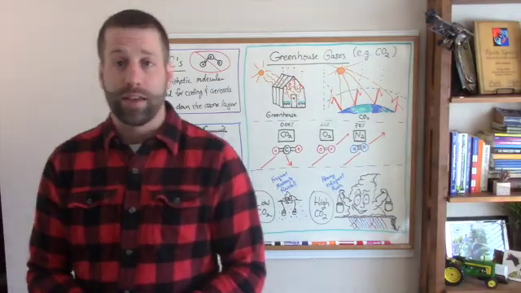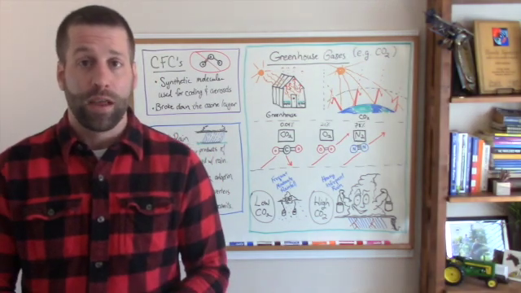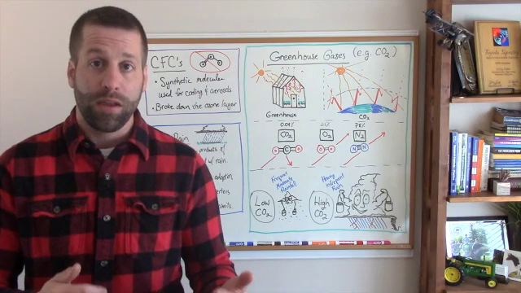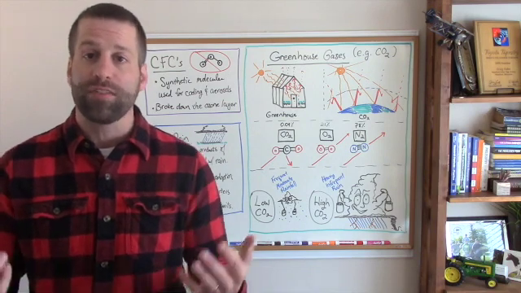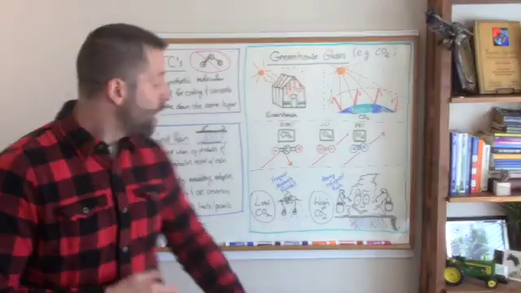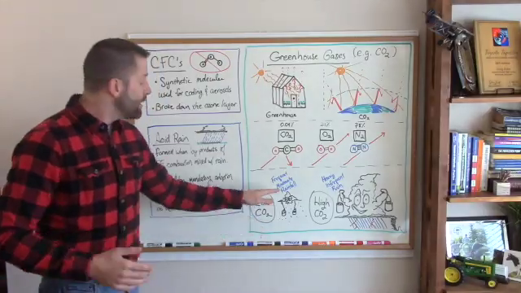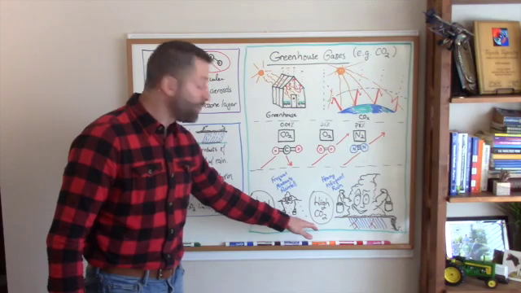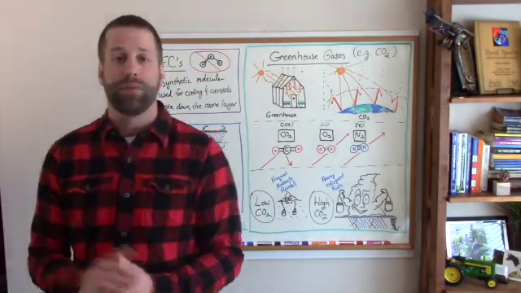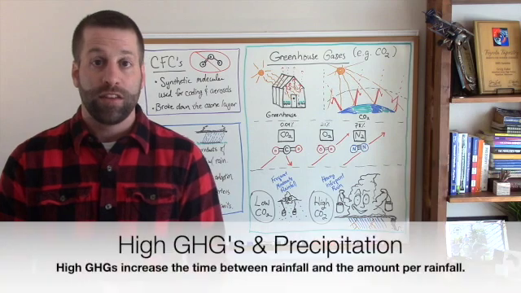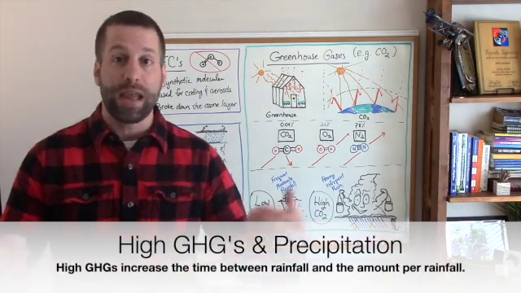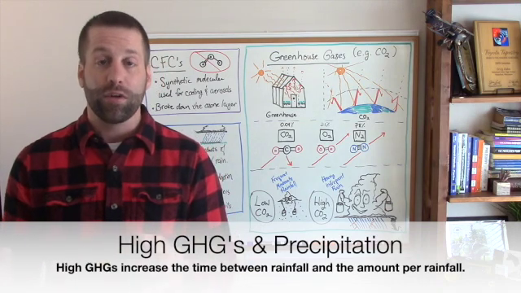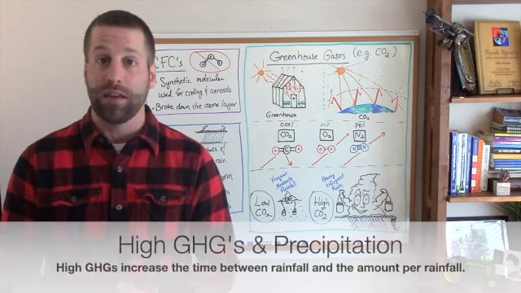As levels of greenhouse gases like carbon dioxide increase in the atmosphere, they start to change climate patterns. More CO2 in the atmosphere means a warmer atmosphere, and a warmer atmosphere has more energy to hold on to precipitation. Under moderate levels of carbon dioxide, we tend to see more frequent and more moderate levels of rainfall. In atmospheres with high levels of CO2, the atmosphere can hold on to that precipitation for longer periods of time. This means that there are both more amounts of time between episodes of precipitation and more precipitation during each event. This increases the rate of both droughts and flooding in environments.